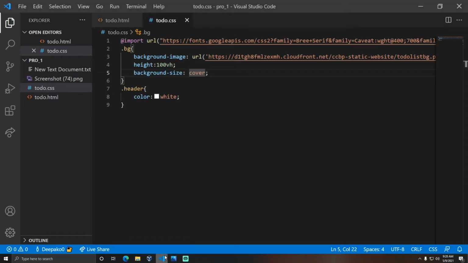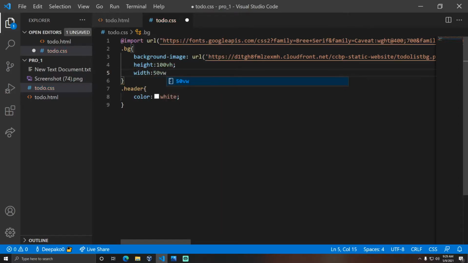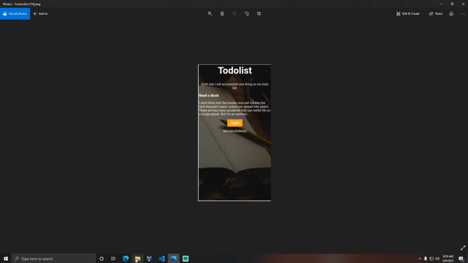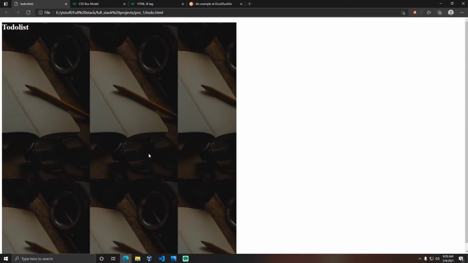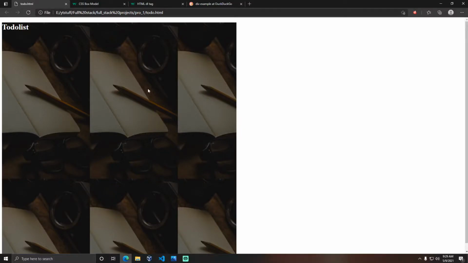So what do we need to do now? Here the width is not perfectly given, as we gave background size cover. So here we need to set the width also, let us take 50 VW. VW means viewport width, VH means viewport height. Okay, let me refresh this. Here again the repetition has turned on. I think again the width has been given externally, I mean extra. Okay, let me reduce the viewport width. See here now we can see the viewport width. So you need to remove somewhat.